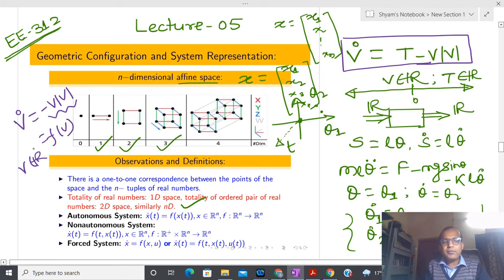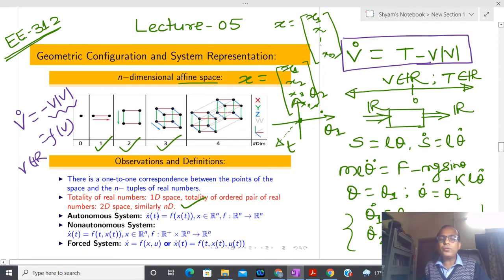In a similar way, if you generalize this, you can represent x dot(t) equal to f(x, t). Here x represents some kind of n-dimensional system where there is no forcing function, and everything is evolving autonomously. In the case of the pendulum system, you can apply some force and after that remove that force. Again, that system is represented by the same kind of system.